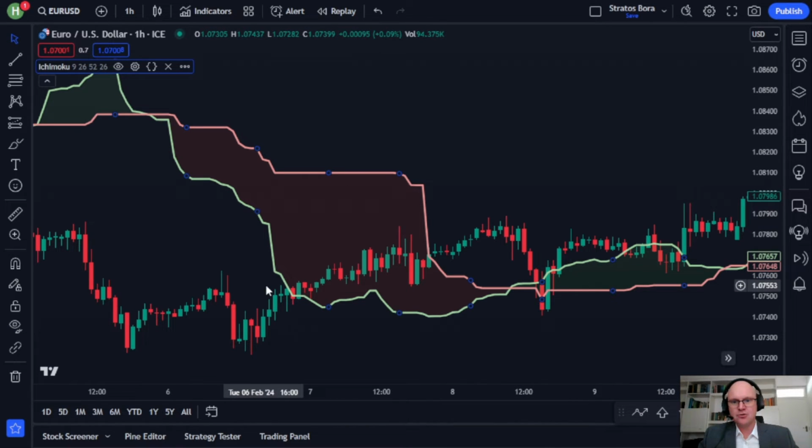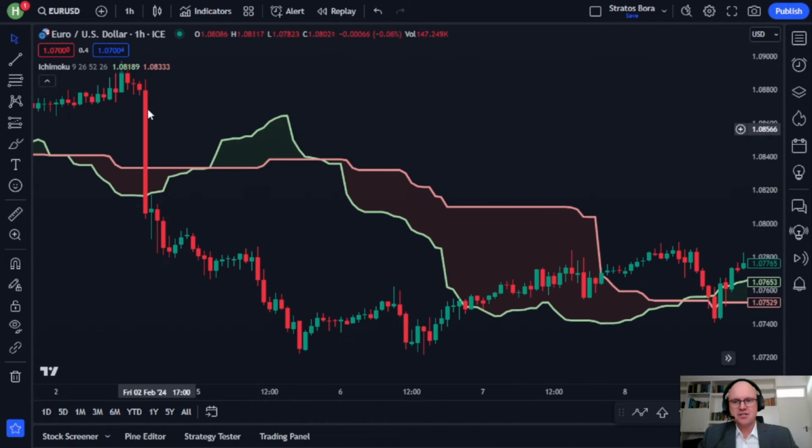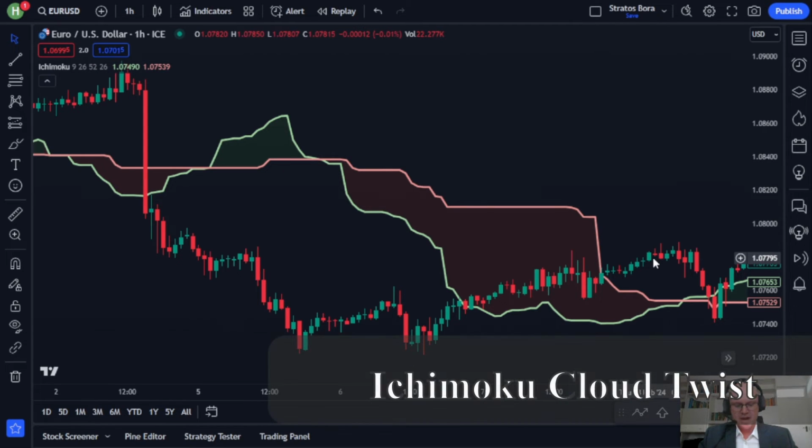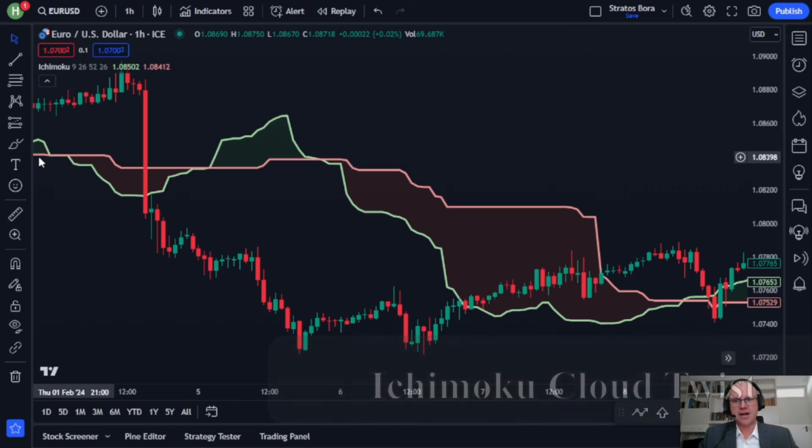Now, for a cloud breakout strategy, the bot is waiting either for price action to cross below the cloud and take a sell, or alternatively for price action to cross above the cloud and to take a buy. Then strategy number 6 focuses on the reverse of this and also uses the cloud features to determine when to buy and sell. Then for the next strategy, we look at our cloud twist strategy.